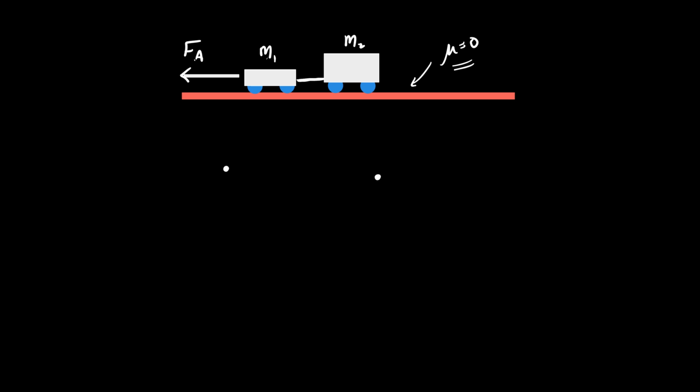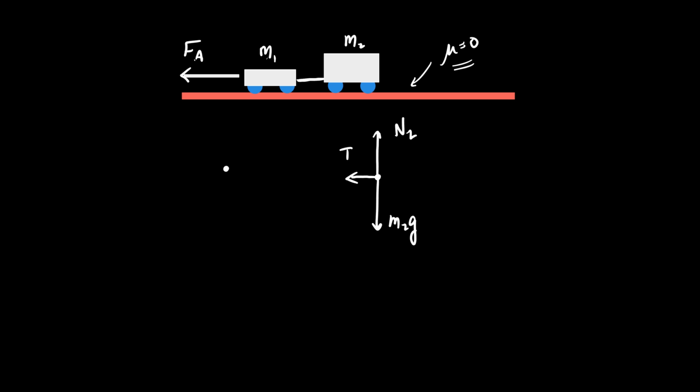Let's start with car number 2. How many arrows did you draw? So I'm thinking everybody should have a downward arrow, maybe M2G. That look good? Did you draw an upwards arrow? Yeah. Maybe N2, normal force on car 2. So if you drew those two, what else did you draw? All right, so you decided to add a force of tension in this direction. Yeah, I think that's about it too.